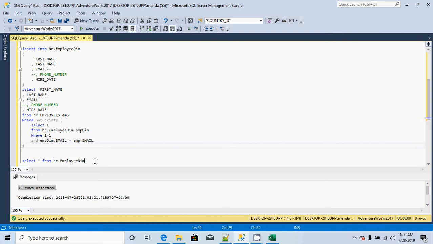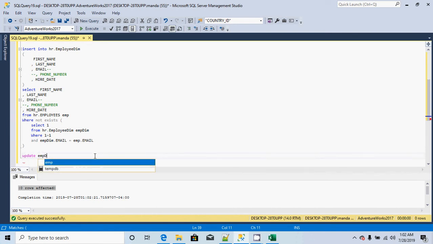But there is another thing. As I told you, let's assume that in the delta records, while pulling the updated records from source, your email ID is the same, but first name got updated. That's the reason in the staging table you got the new records now. So you need to update those latest records in the same dimension table. In order to do that, you have to update your dimension table with the latest records. So let's say update,